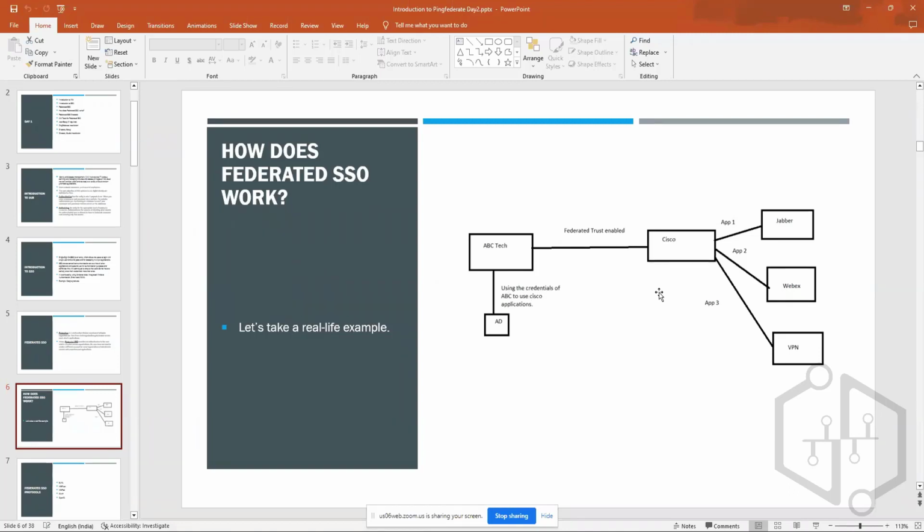I will have a dealership with Microsoft or any other. I have a company called ABC Technologies, so I will reach out to Microsoft: hey Microsoft, I have 1,000 employees in my organization who need to use your services, like Excel or your other services. So what can we do? Microsoft will ask for my